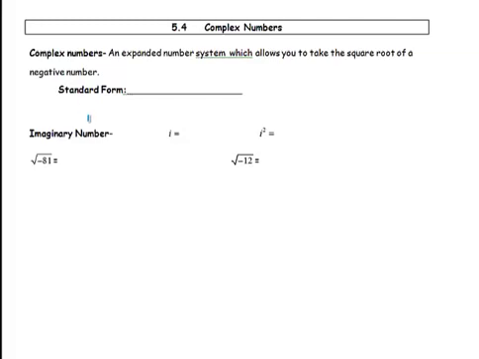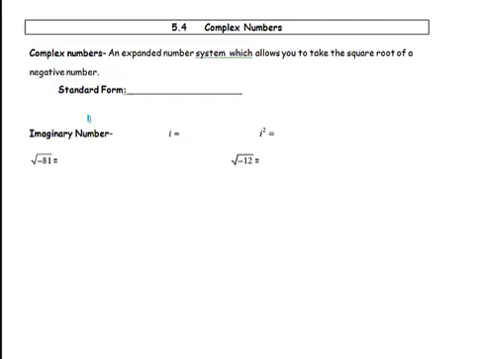Okay, the objective of this lesson is actually to learn about complex numbers so that you can use those in the next lesson when we start talking about solving quadratic equations, and there's no other way to solve them but using the quadratic formula. Okay, complex numbers is an expanded number system which allows you to take the square root